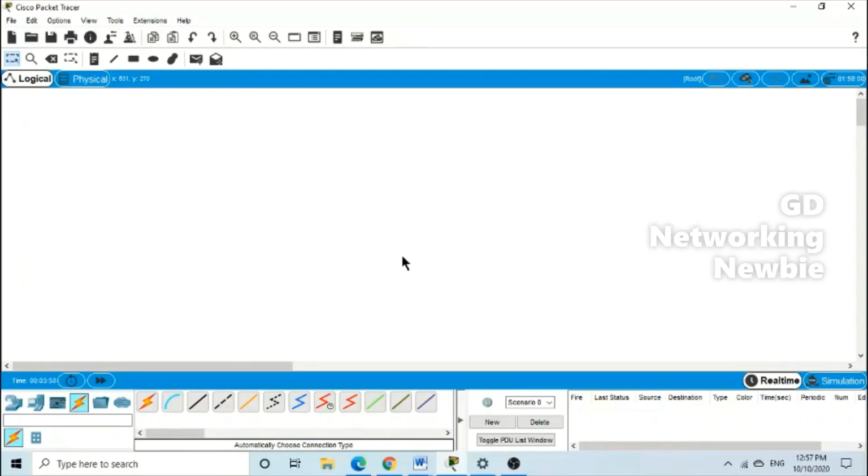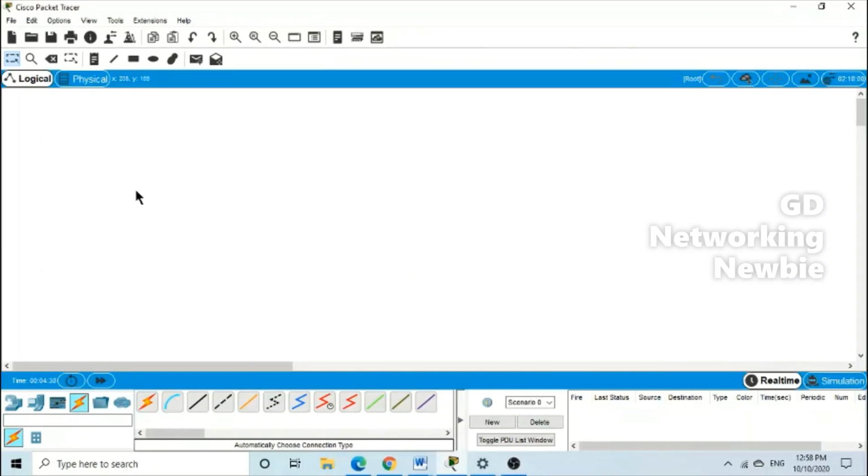So hi everyone, in this video we are going to create a wireless LAN. We will use this WLC, that is a wireless LAN controller, and we will implement security on that WLAN using WPA2, that is Wi-Fi Protected Access 2, and we will use the pre-shared key. So we will use that authentication method, that is PSK, and if you remember we have another authentication method that is 802.1x based, so we will not use that, but we will use a simple pre-shared key PSK way of authenticating the